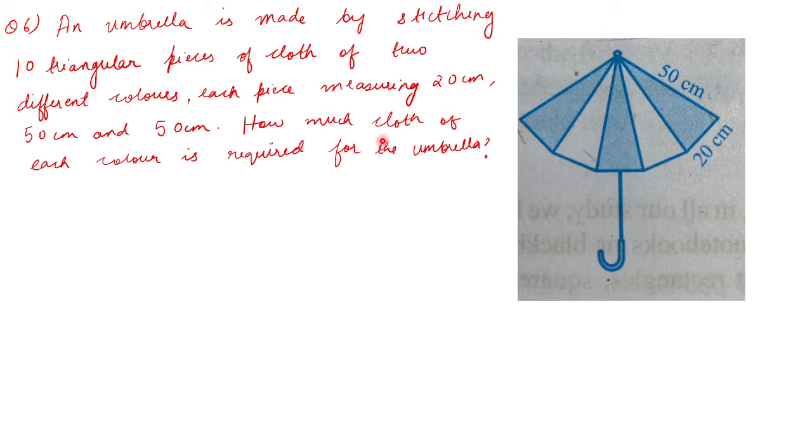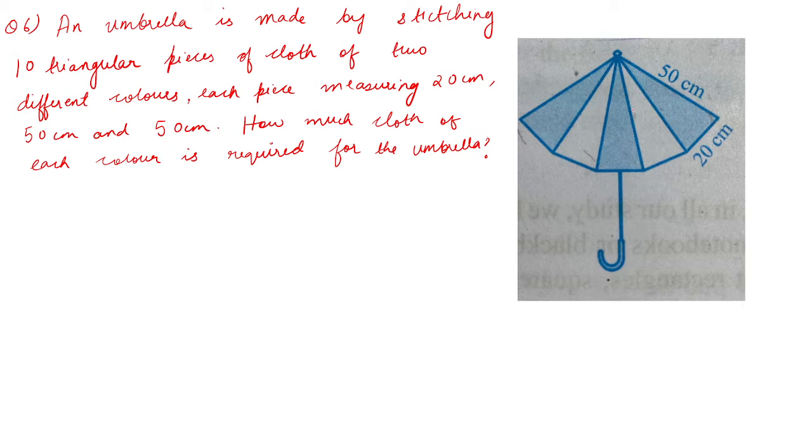Now you look at this given question and read it. Each piece measuring 20 centimeter, 50 centimeter and 50 centimeter. Each piece means the 10 triangular pieces of cloth. All of those triangular pieces will measure 20 centimeter, 50 centimeter and 50 centimeter. Clear? That's one thing you have to keep in mind. Another thing they've given is there are 2 different colors. Clear? So whatever you see in this diagram,